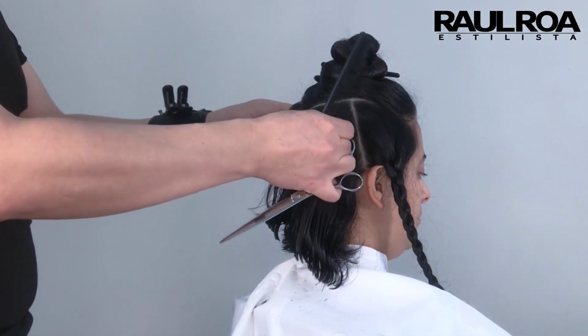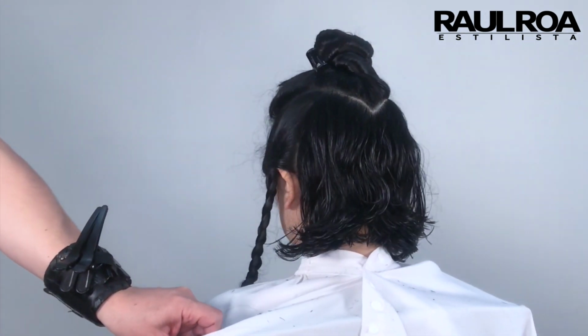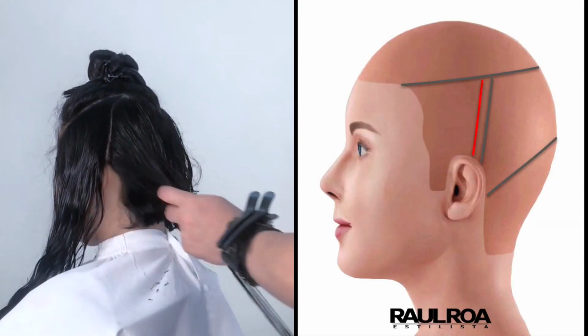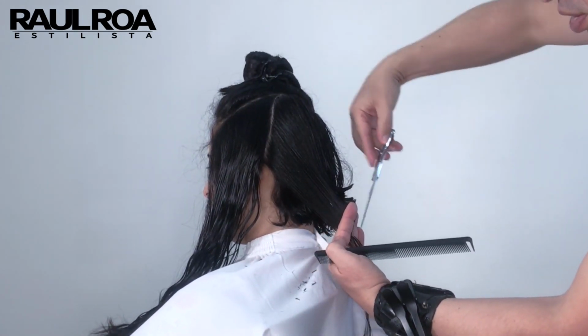Likewise, we take two wicks, we take them to the center and verify that we have the same length. Now we go to one of the sides where we select the wick parallel to the division and we take it to the back. Continuing to cut diagonally,